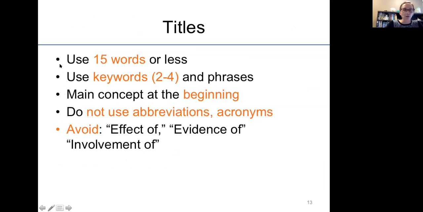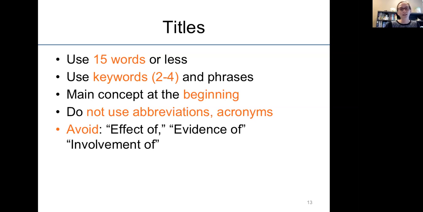Using keywords and phrases in your title as well. So even though you're going to have a separate keyword section, using keywords in the title is really helpful for search engines to pick up on your paper when someone types in a searchable keyword. And it's good for indexing services.